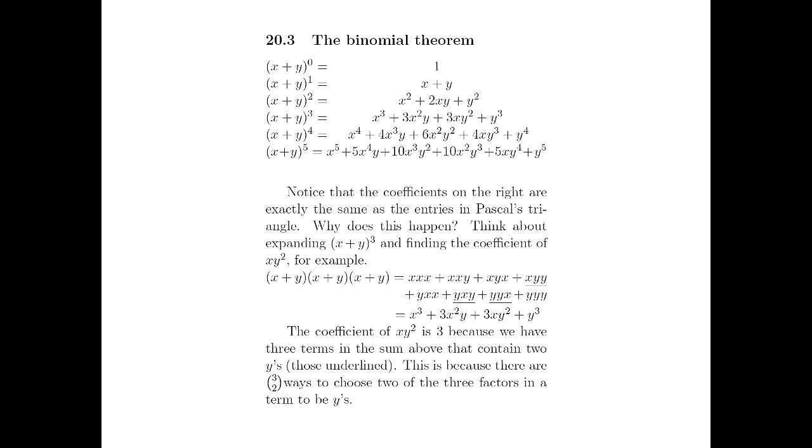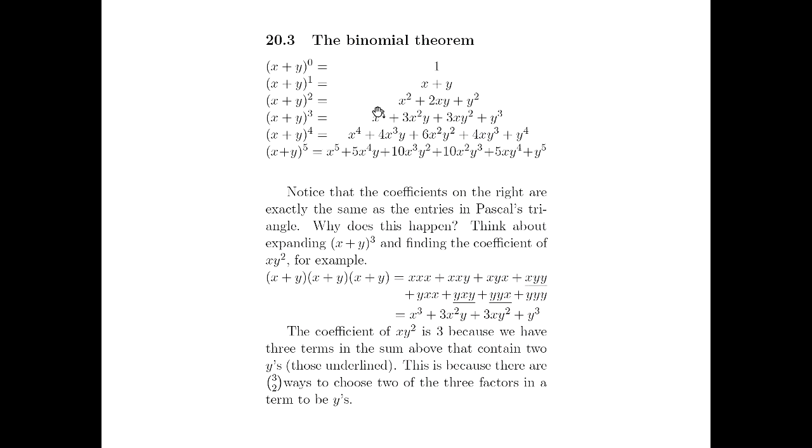Okay. So that was our first look at Pascal's triangle. We now want to look at something that relates to it very heavily, which is the binomial theorem. So binomial, in this case, means something that looks like this, right? Think about something plus something to the power of something. So here, I've written down x plus y to the power 0, x plus y to the power 1, x plus y to the power 2, x plus y to the power 3, and so on.